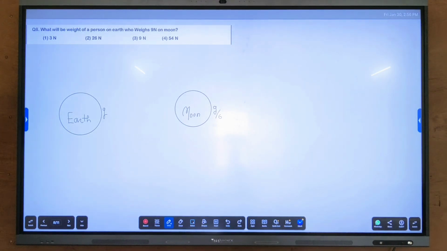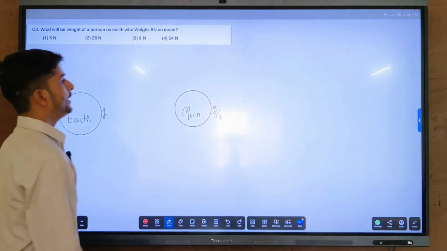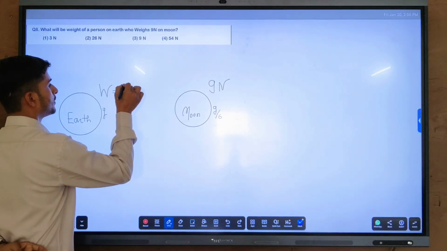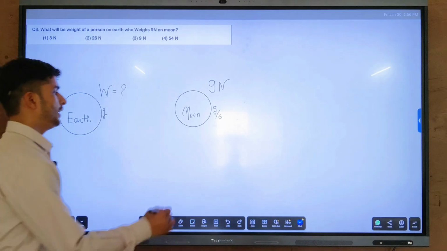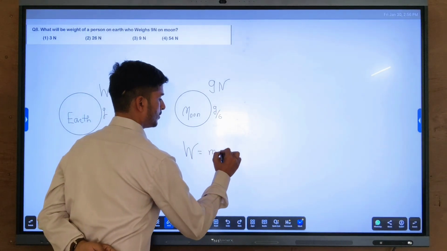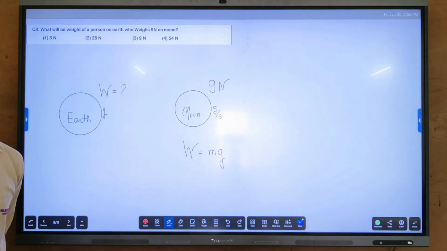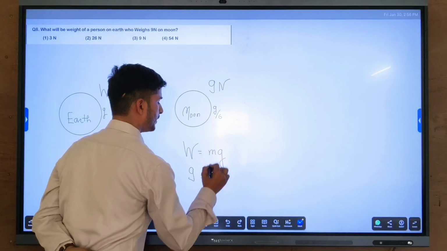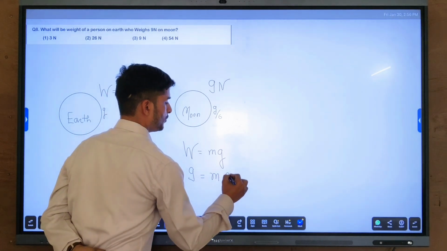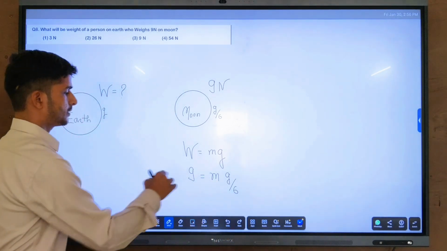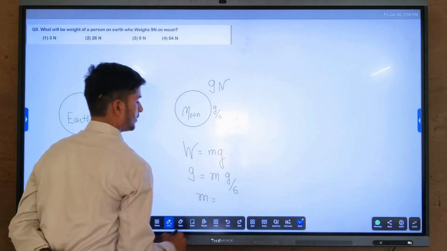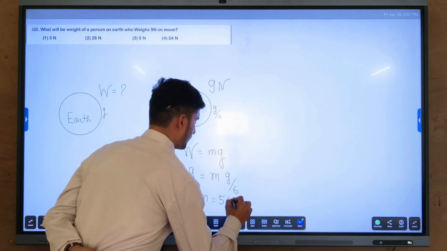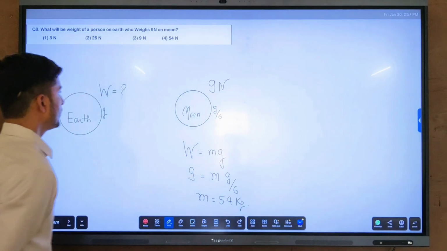एक पर्सन है जिसका मून पे वेट है 9 न्यूटन। पूछा है कि यहाँ पे उसका वेट कितना होगा, कितना न्यूटन। We know already weight equals to mass into g. ठीक है, तो मून की बात कर लेते हैं। मून पे वेट मान लेते हैं W है, that will be 9 न्यूटन। मास है और g की वैल्यू कितनी होती है यहाँ पे, g by 6। So मास की वैल्यू कितनी आ जाएगी, 54 केजीज।